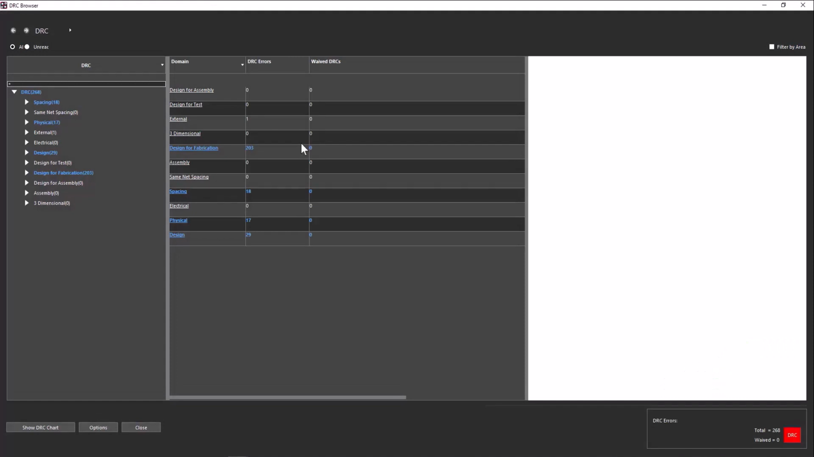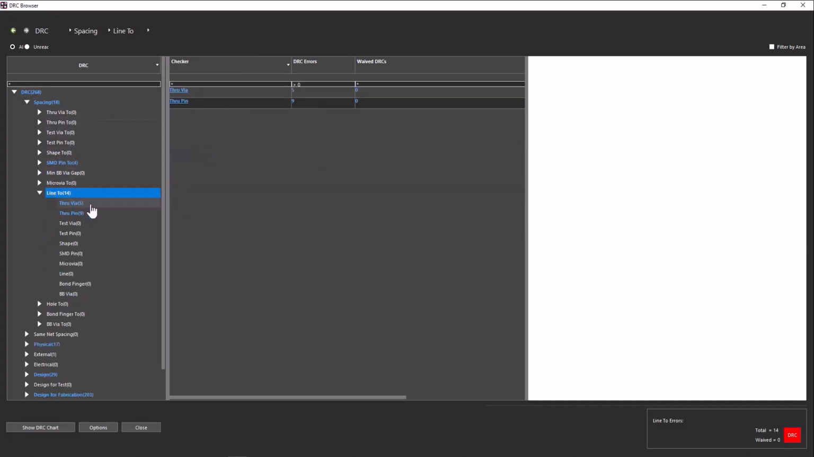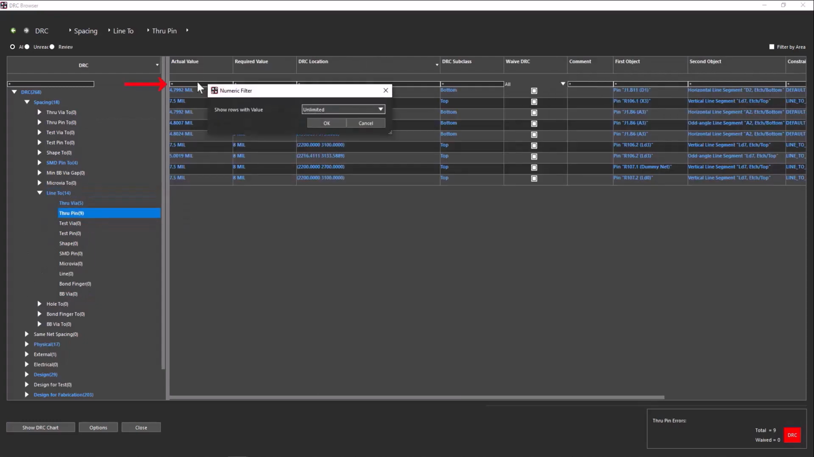The DRC browser form opens. Navigate to the desired DRC rule list violation, for example, spacing, line 2, through pin. Click the left mouse button at the actual value cell to get a numeric filter. If you click the drop-down button in the numeric filter, you will get some conditions you can use to filter